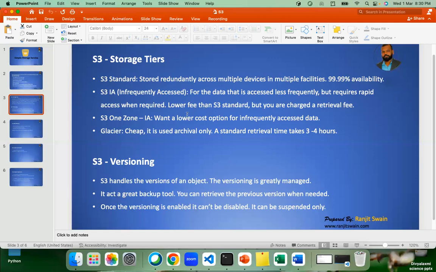What it says is, it is a lower fee than S3 Standard, but you are charged a retrieval fee. It offers less cost if you keep the files there, but behind that, it's also charging for the retrieval fees, right? So infrequently accessed, as I said already, is for files which you don't need certainly to